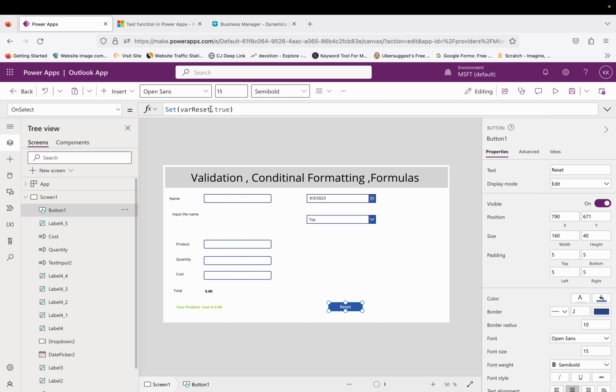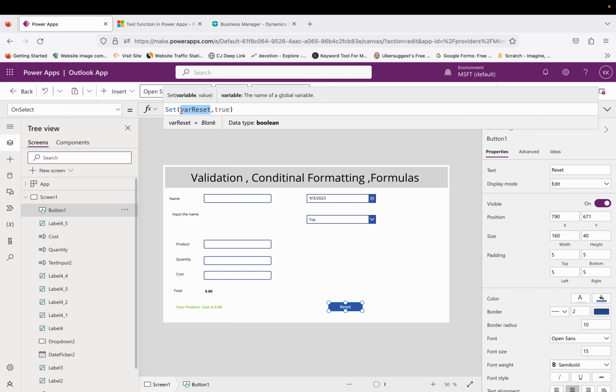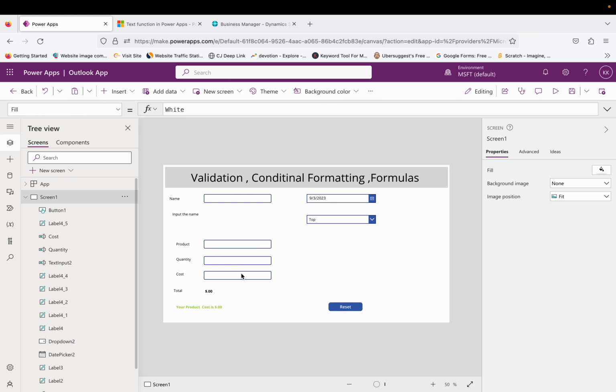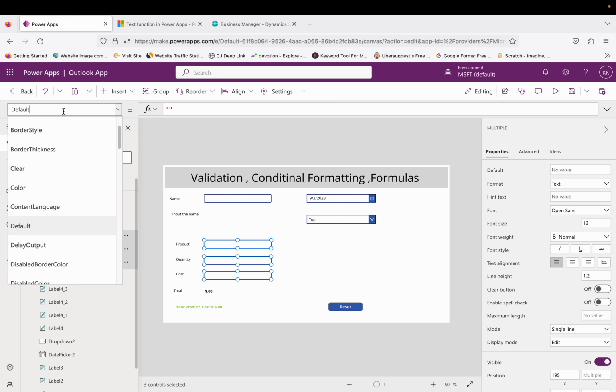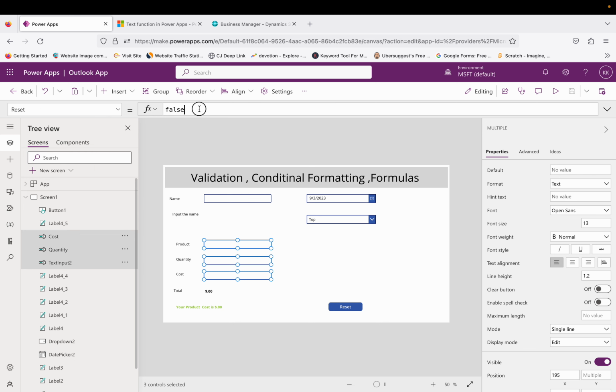Okay, now let's copy this, and we have to assign this reset variable to my controls which I want to reset based on the click of this button. So I can select these text input controls and use the property of reset and pass my variable here,